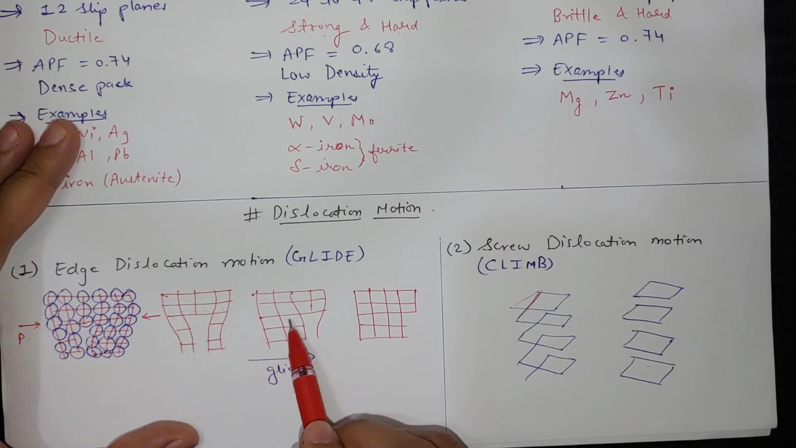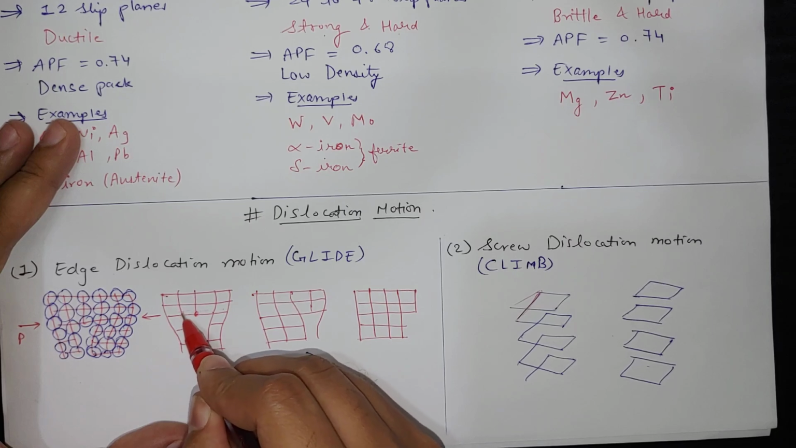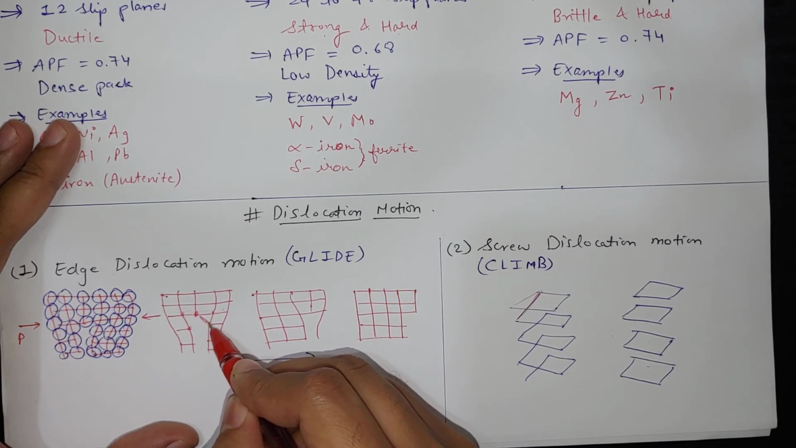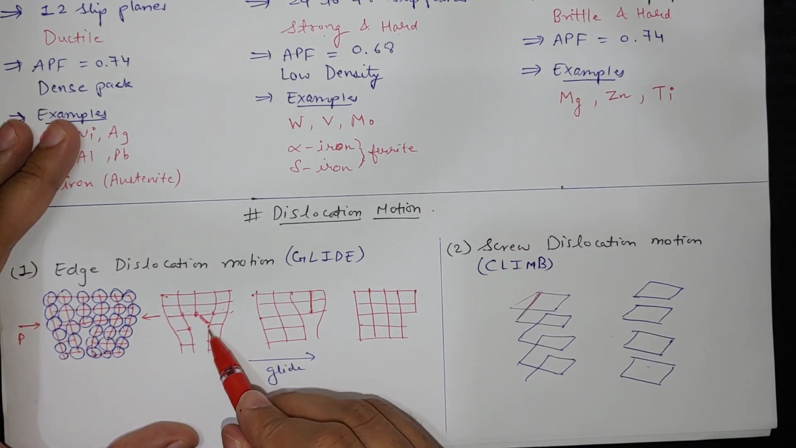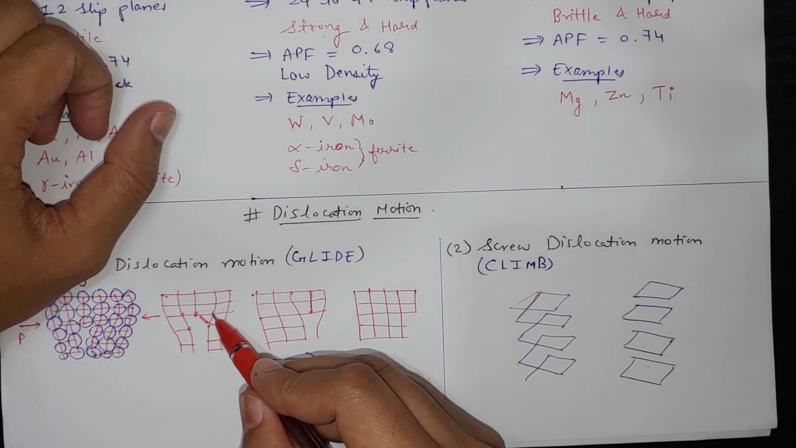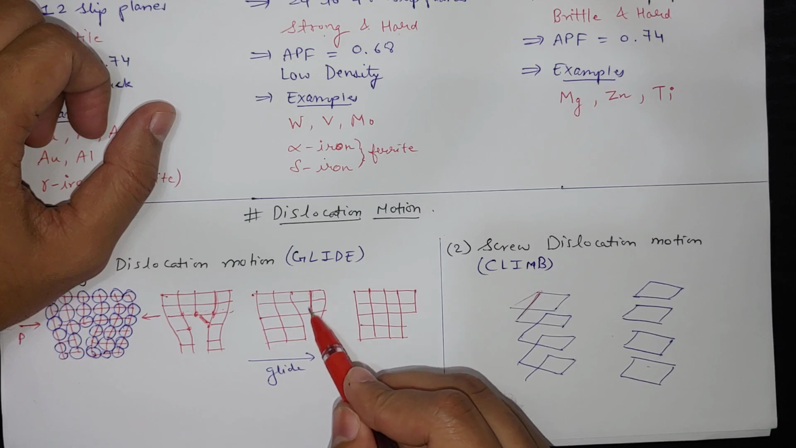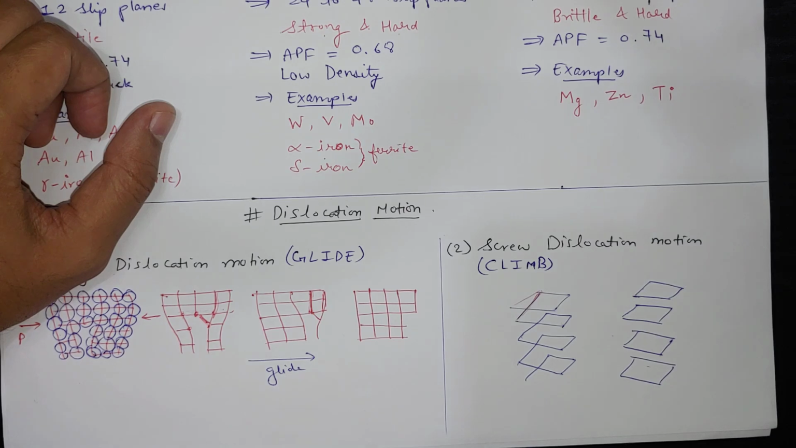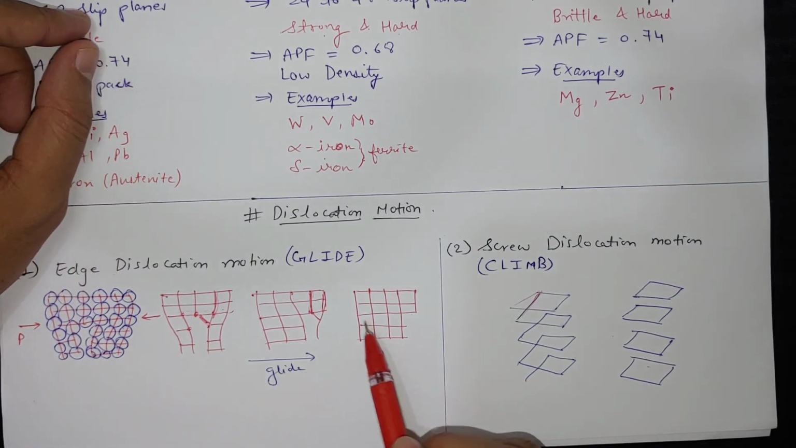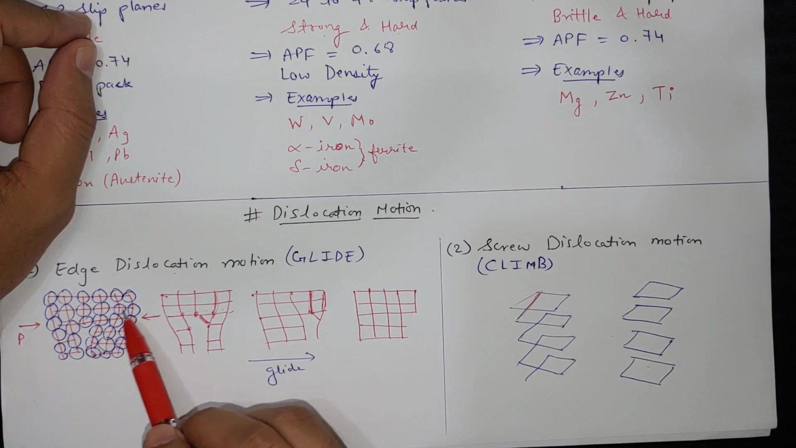So if we apply the force, this particular atom will pair with this and this will move further. So here there is a dislocation with these three atoms. Now again if you apply more load, this dislocation will pair with the neighboring atom and these three lines will become dislocation like this. So this is how the edge dislocation glides through the crystal structure and it will accumulate